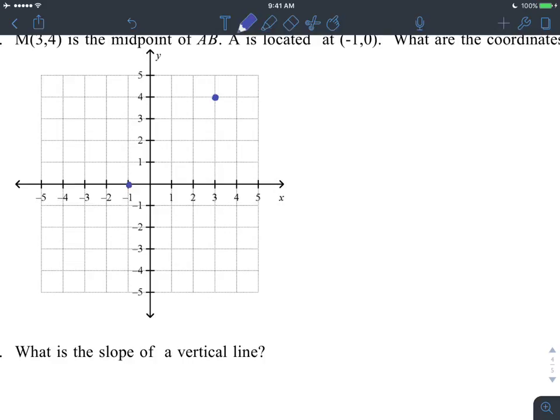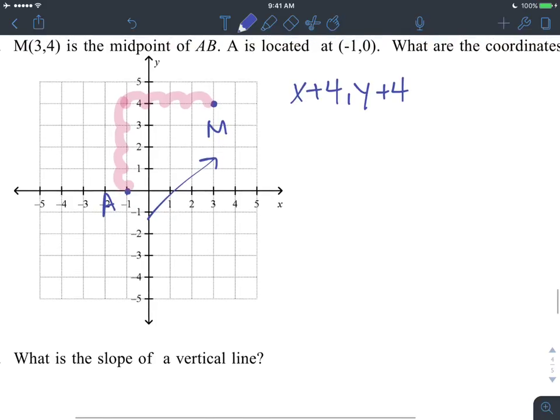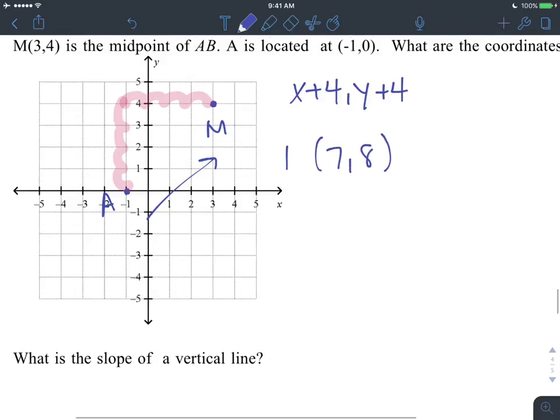So from our midpoint and our end point, we went this way. So we went up 1, 2, 3, 4, and we went to the right 1, 2, 3, 4. So x added 4, y added 4. Okay, so that means to our midpoint, we have to add 4 to both. So our new point B is going to be at